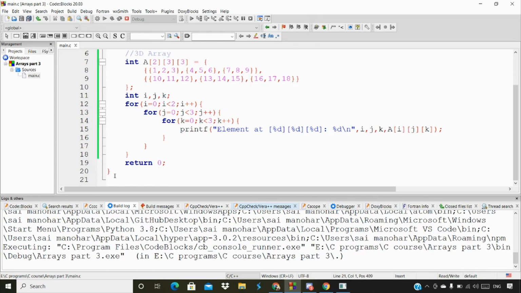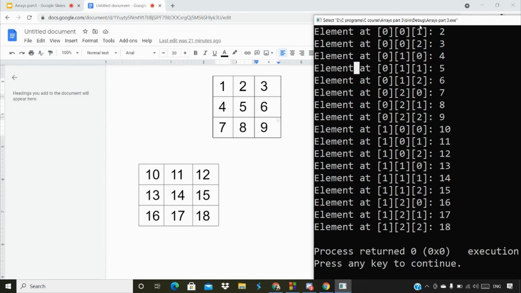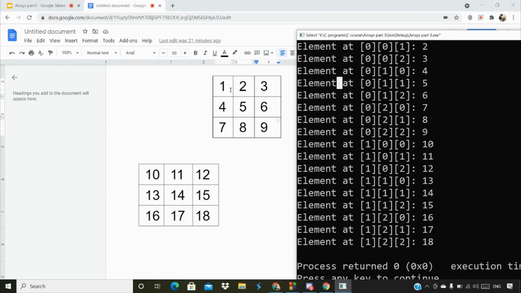How it is actually working, let me see. Before that, let me open my document here again. Look into this particular thing, and then look into the table as well. Here this is 0, 0, 0, so we are getting from the 0th table. We have the 0th and the 1st table, because array starts from 0. So you have to assume this is the 0th table and this is the 1st table. It's looking into the 0th table and the 0th row, which means this particular row.